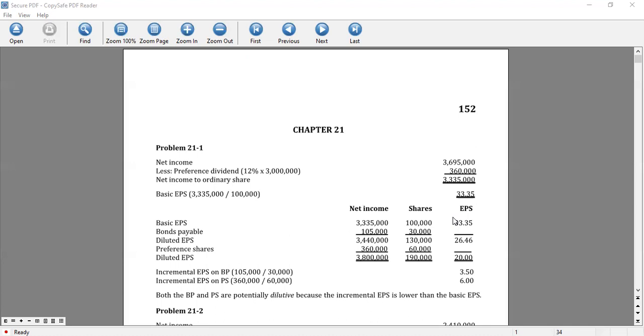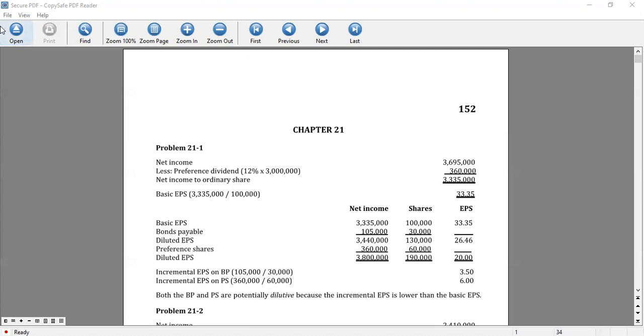So we have now the total, and the total number of shares diluted is 130,000. Divide 3,440,000 by 130,000. We have the diluted earnings per share of 26.46. Then for the preference shares, assuming that this will be converted, or the preference share capital of 3 million,